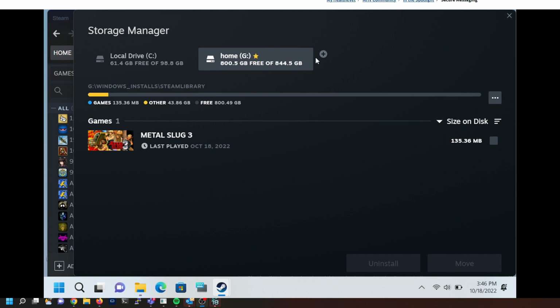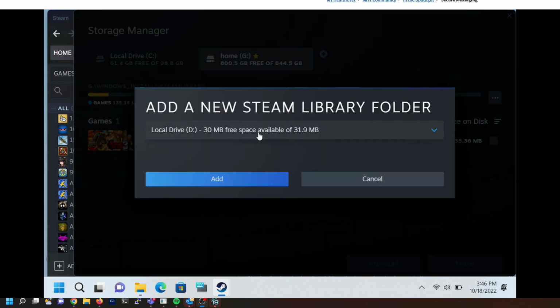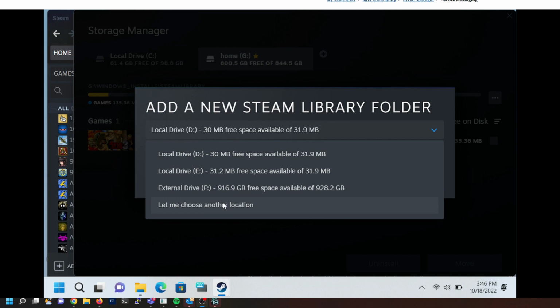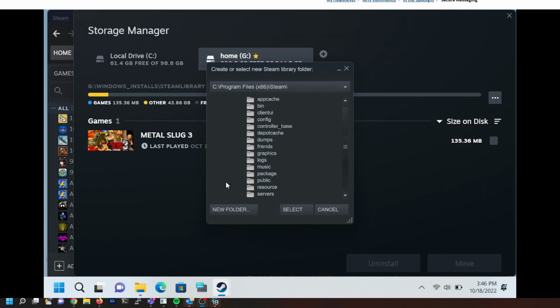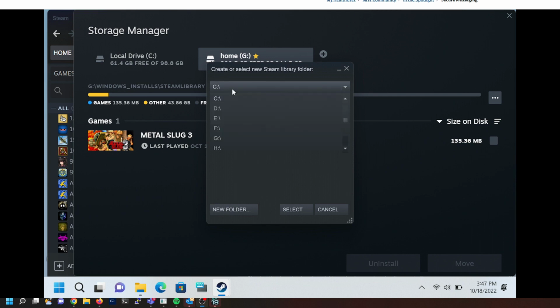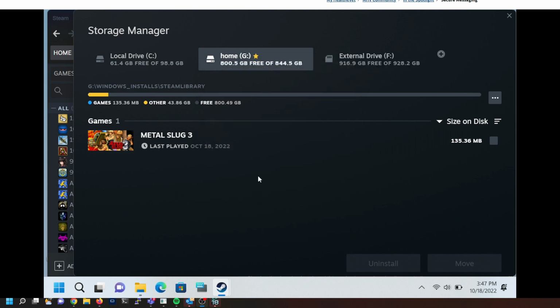I could also now add, I might as well add the SD card space while we're at it. So the SD card, let's choose another location. It's not on the C drive. Honestly, I don't remember which drive letter that was. Here it is, F drive, Windows installs. I'd like to go into that folder. Guess it won't let me, so we'll select that folder. So now we have selected this as the additional space,